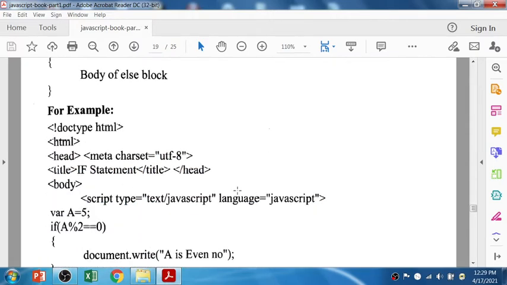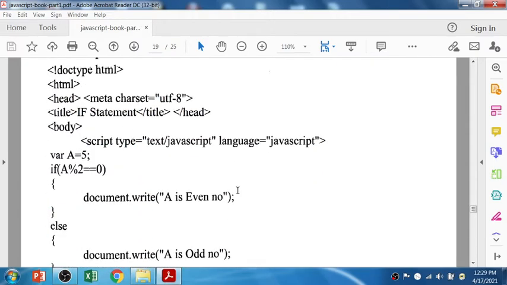Let's see the program. Again in the body section, the script tag is mentioned, the variable a is initialized with value 5. If a modulo 2 equals 0, it will print a is even number. If you divide the a value by 2, and see, it's not divide, it's a modulo sign, right?